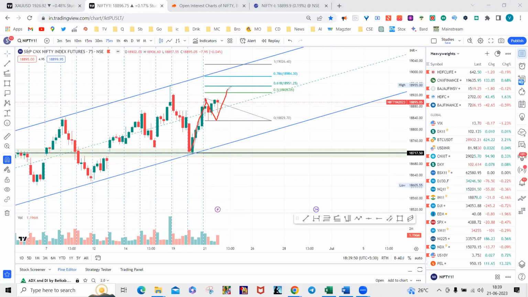The price should first reach the 0.618 level, which is 18,950, very close to the all-time high. In fact, 18,955 is the all-time high. And then if it breaks this, then 19,026 opens up as a target. So I think, probability-wise, this can happen in the coming days. I'm not sure whether it can happen tomorrow or not, considering the expiry context, but the chances are high on